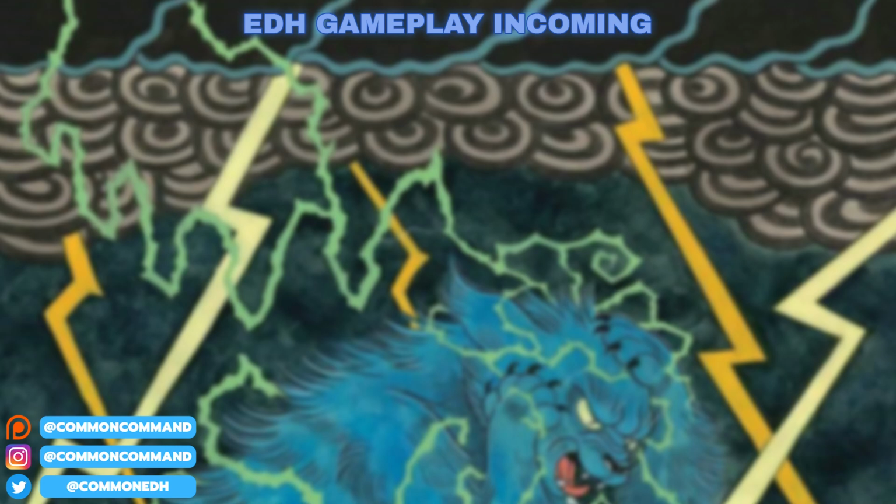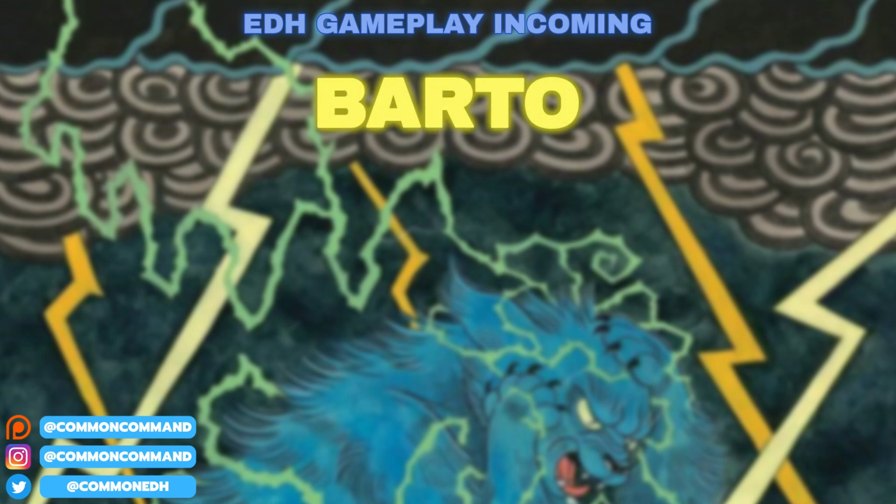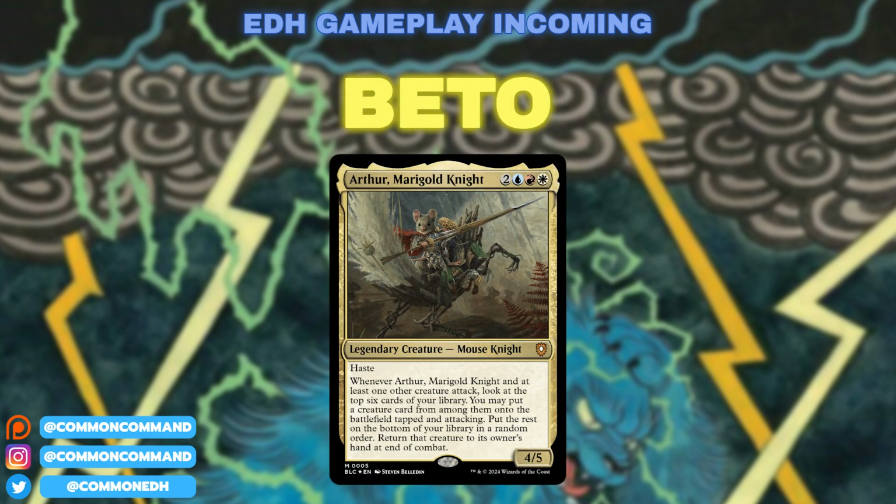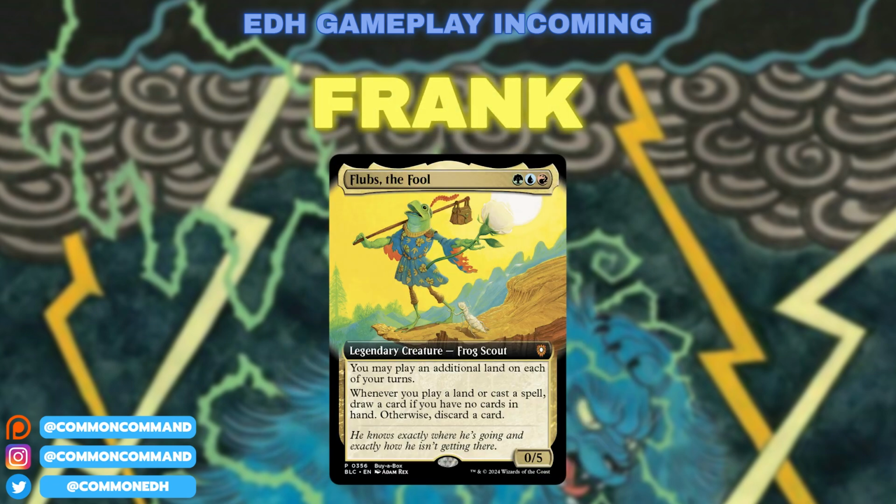We're back with more EDH gameplay. Today Bardo has brought back his Kellan the Kid, hoping to gain big value from casting spells outside his hand. Beto is running his Blinking Arthur Marigold Knight, looking to cheat and value creatures and then flicker them so they stay on the field. I'm wandering around with Flubs the Fool, but make no mistake, this is a purebred play